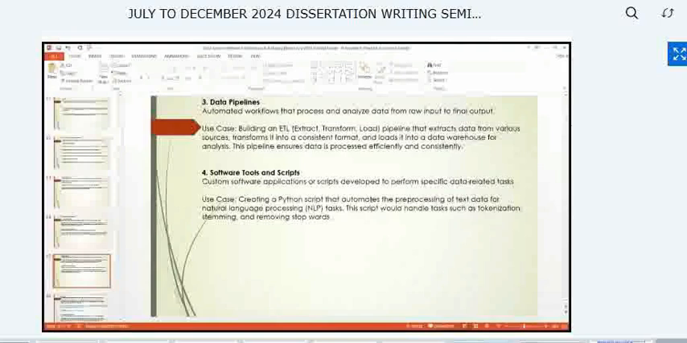I know you did a course in data warehousing, and you were exposed to ETLs, to data warehousing, to scripting, and so on. An artifact can also be in the form of a software tool or script. A software tool or a script. So this can be custom software applications or scripts developed to perform specific